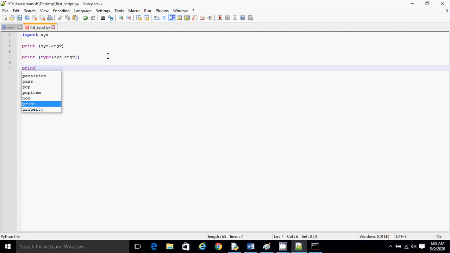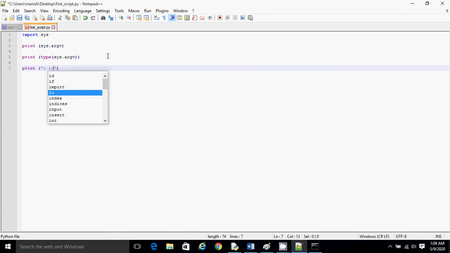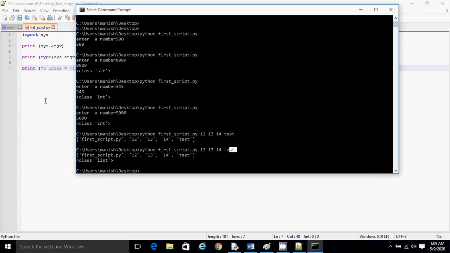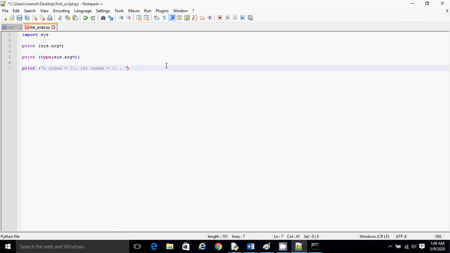So let's print again. I give a string: 0 index equal to value this, and then first index equal to value this, and then how many values are we giving? Okay, we'll try with 2 only, either 2 or 3. Second index.